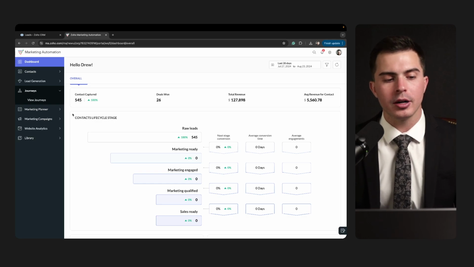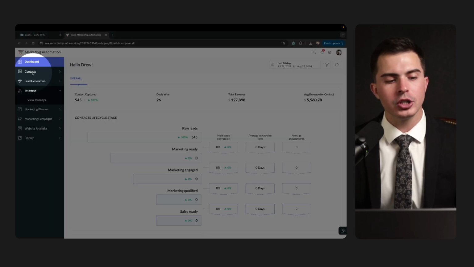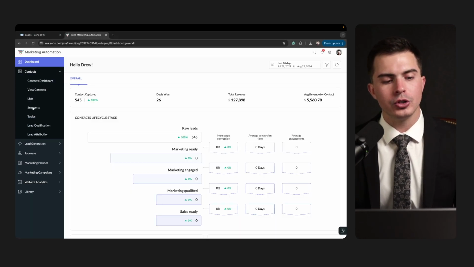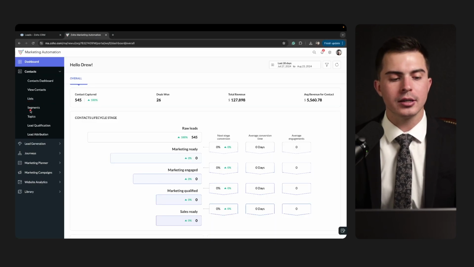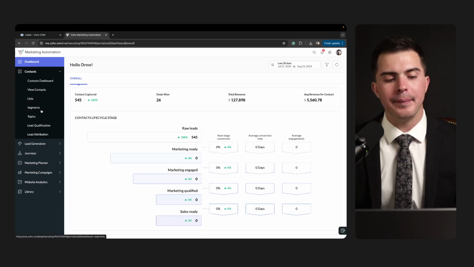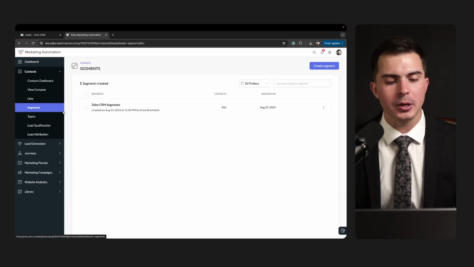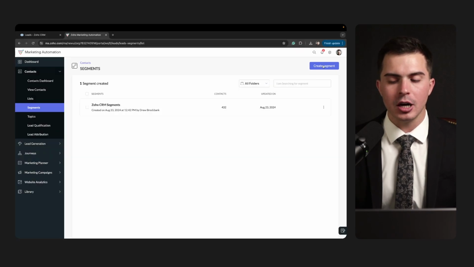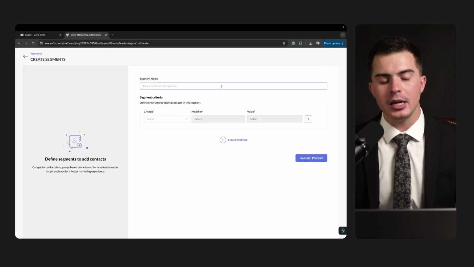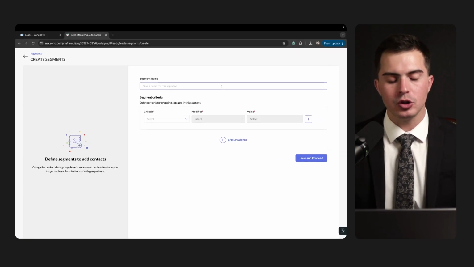Would you go into Zoho Marketing Automation? You'd go over to contacts. You'd go over to segments, and you may be thinking, well, why not use lists? Lists are more strict. Segments are more flexible. I prefer segments over lists, and it's just easier. So use segments. Okay, so then you have a segment here. You'd want to create a segment. Top right, you have that button, create segment. Here you would add your segment name. So we would do